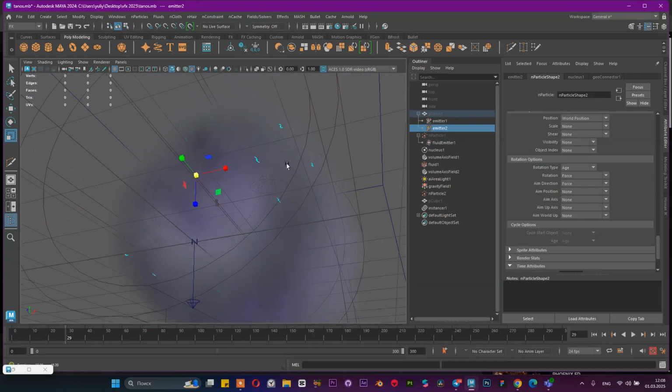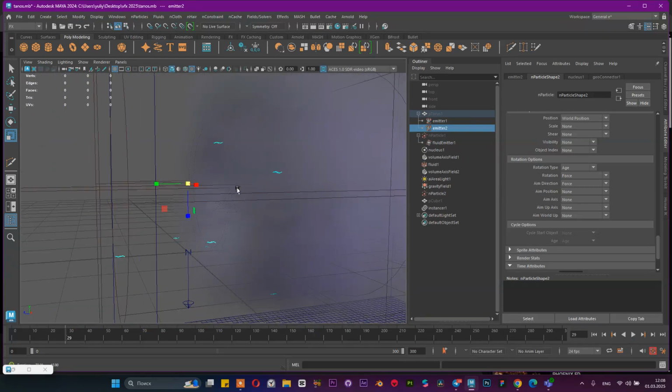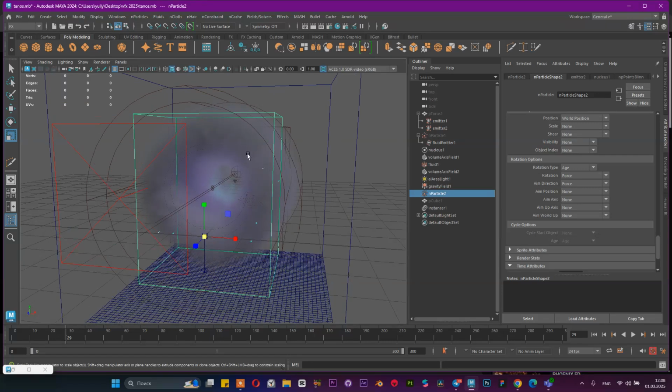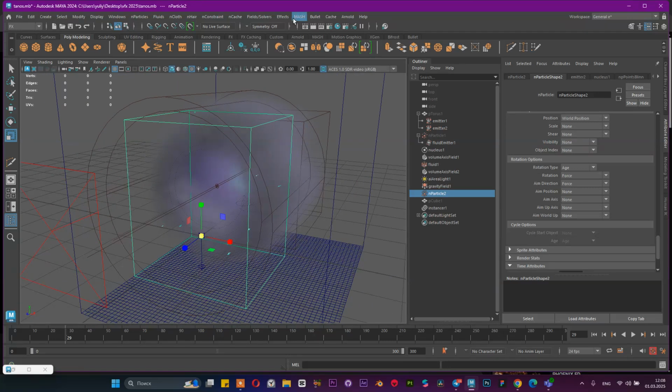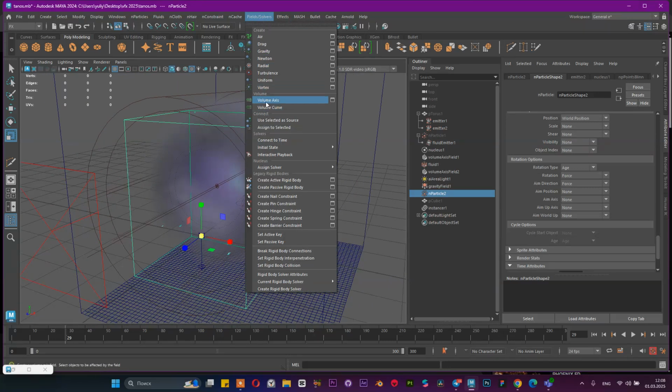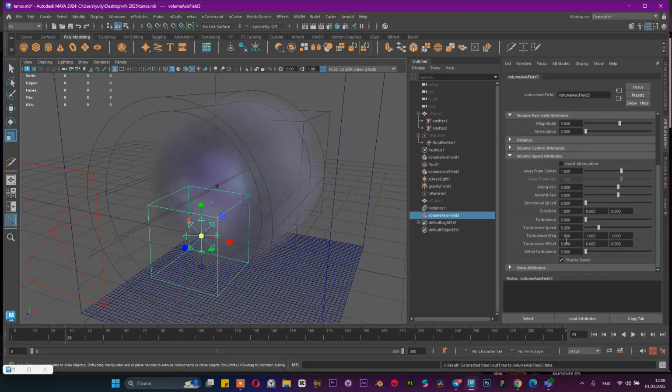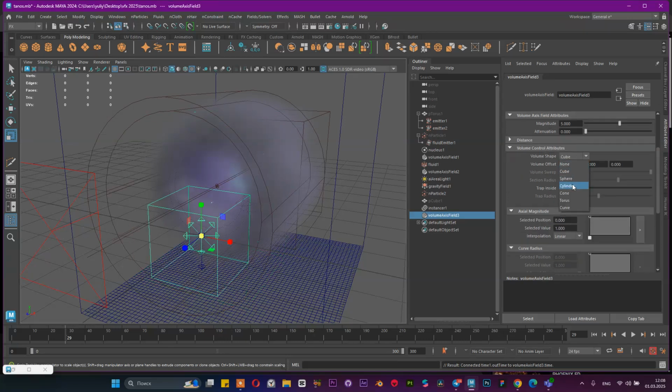Okay, maybe something like this. But also I want to put these particles maybe inside. Maybe we can create another field. We can use some volume axis field, the third one, and we can control these particles with the torus,